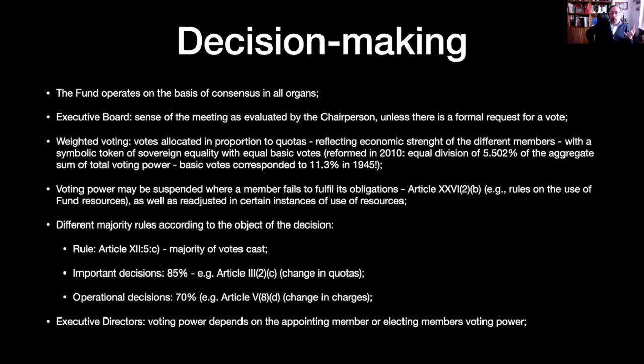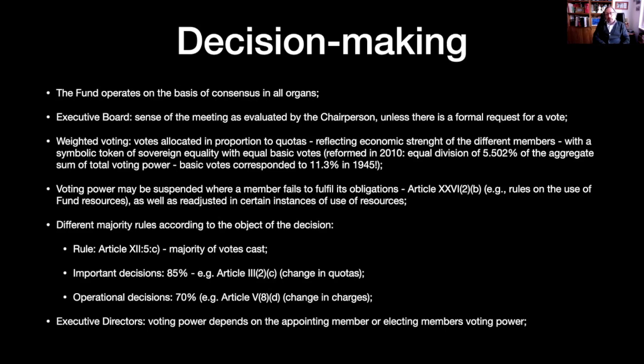So whenever we vote, we have this problem that the most important members, the ones with larger quotas, have the overwhelming majority of the votes. Now, if we look back to what we saw in the very first lectures of the course, I talked about the principle of sovereign equality. How is this compatible with sovereign equality, if members have a different amount of votes according to the importance of their quota?